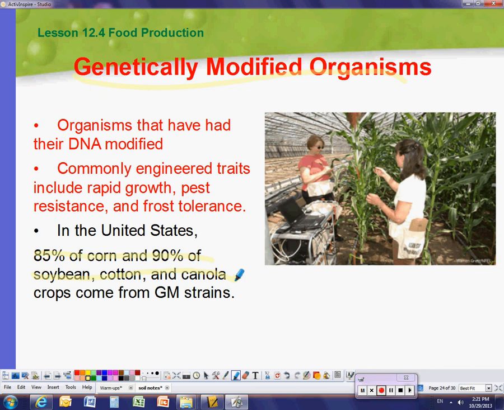The reason that these can be bad is because they can be dangerous to eat. They have genes in them that are not natural. They have DNA in them that's not natural, so our body might not be able to break it down. They can have super pests because some of these GMO plants will be bred to be resistant to pests, but not all pests. So some evolution can happen there. And also cross-contamination. You can have a GMO plant next to a farm that's organic, and you can have the pollen crossing over, which can cause huge, huge lawsuits.